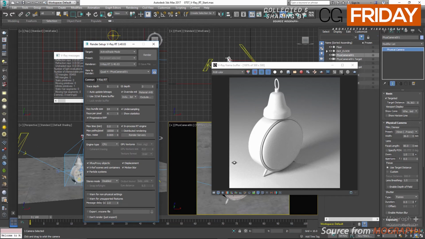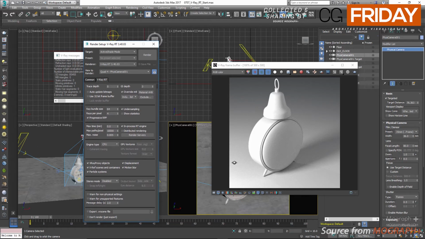definitely. And we can enable or disable the rendering of XREF scenes and containers, particle systems, displacement mapping, and motion blur. Even though when RT is used as a production renderer, the motion blur parameter here wouldn't affect anything, and the scene options will be used instead. We can also render stereoscopic effects using RT even if there isn't any Vray stereoscopic helper